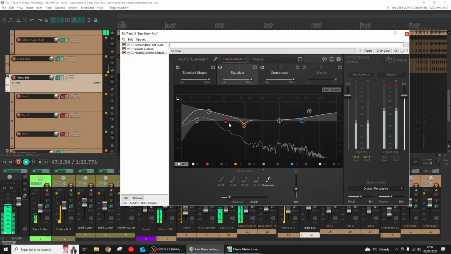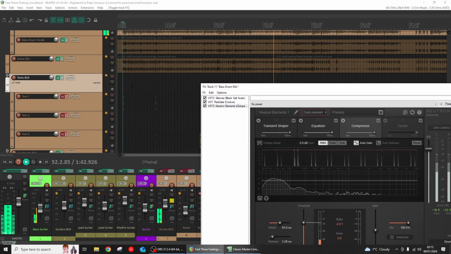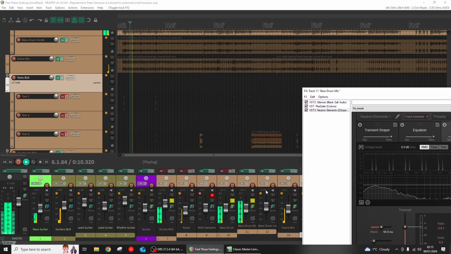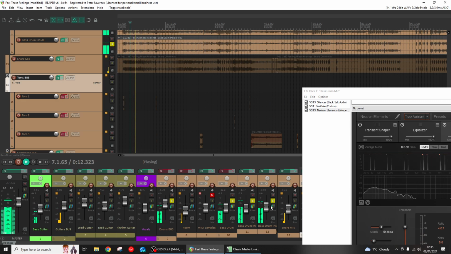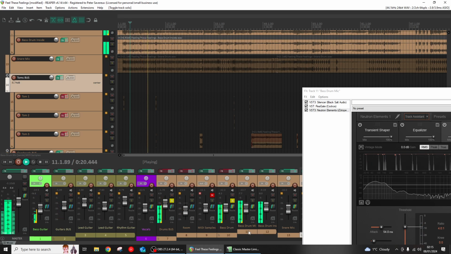And then we're doing a lot of EQ work, taking the low mids out, really boosting the lows and the highs, and then we're compressing the whole thing to just make sure that things are sounding consistent. Put those together, this is what we sound like. And then if you see here, both these bass drum tracks are inserted into a bus, a bass drum bus